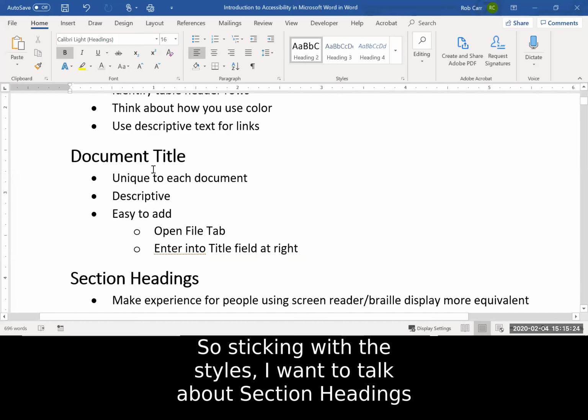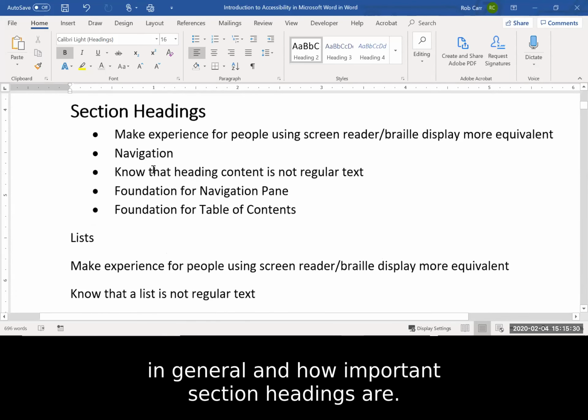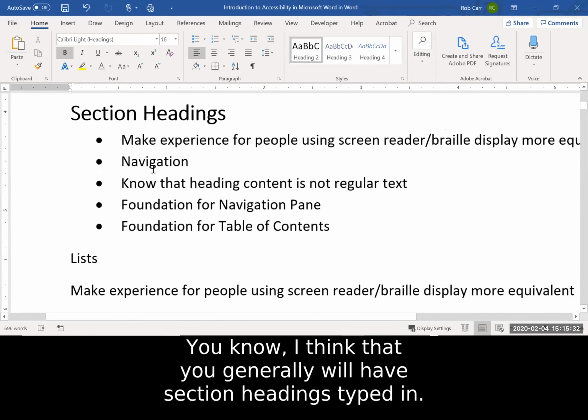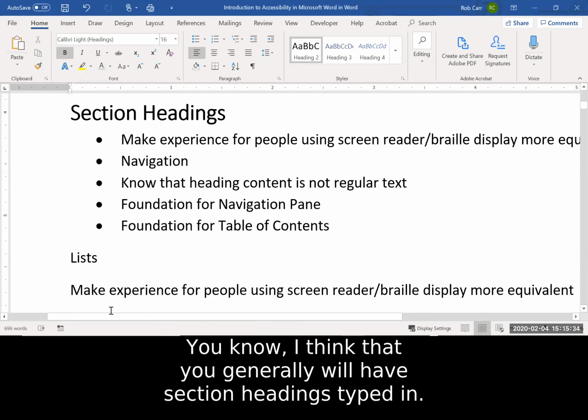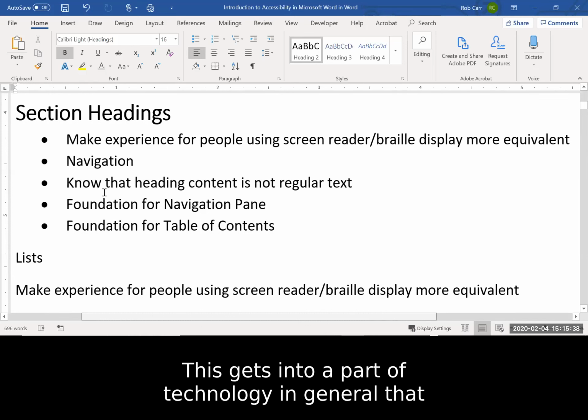Sticking with the styles, I want to talk about section headings in general and how important they are. I think that you generally will have section headings typed in. This gets into a part of